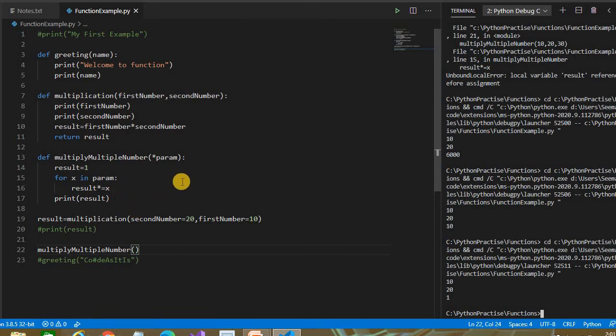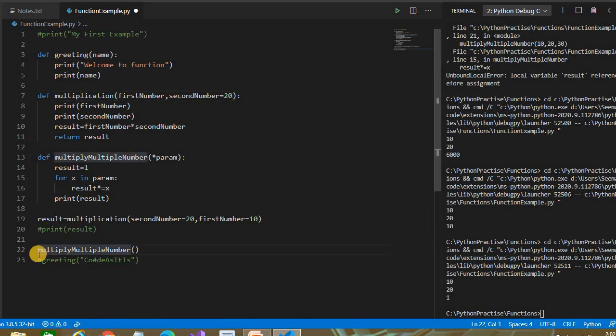Now the third one. Suppose we have to pass a default number. Here, first number or second number. The first number I know must be 10 or 20. The second number may be input by the user, so it can be 10, it can be 20. By default they have a fixed value like 20 or 30. So you can pass the default value. If the user has passed only a single value, by default it will take 20. If you have provided the default value, you can still pass the second number. Let's take an example.